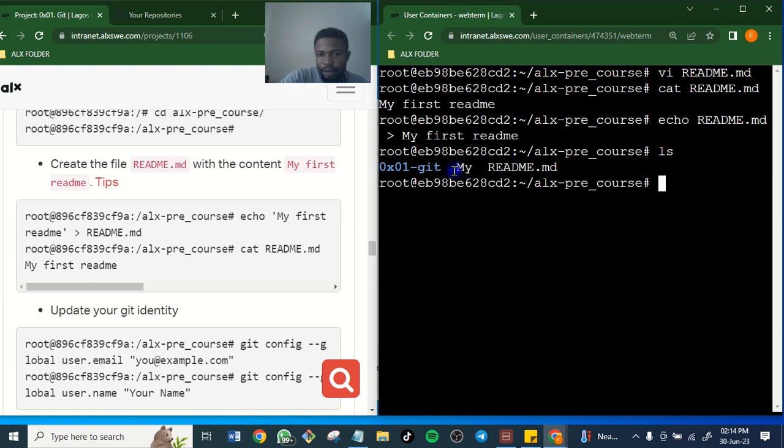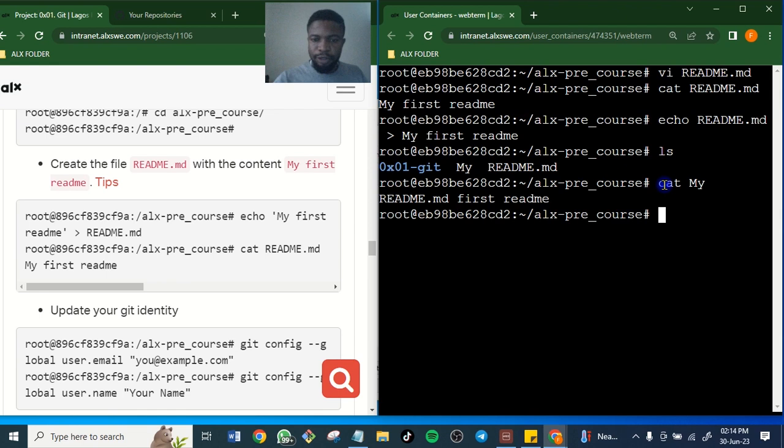Okay, we have my here. Let's now cat mine. Let's see what is inside mine. So it said readme, first readme, my readme.